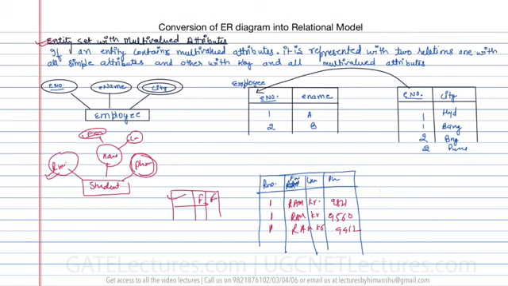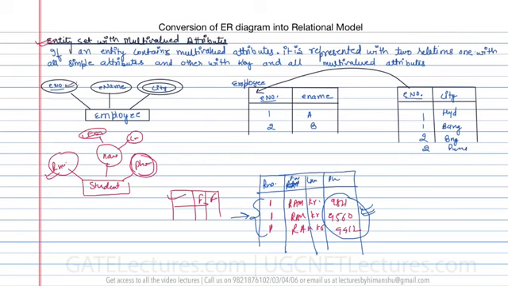So here you can see, if you are going to include multiple values, because of these multiple values you are going to have a lot of duplicate attributes, and because of these duplicate values, or you can say duplicate records, we are going to waste a lot of space in the relation, or you can say the table. So that is why we do not include the multi-valued attributes in the relation. We create a separate table for the multi-valued attributes, so that we do not waste the space.